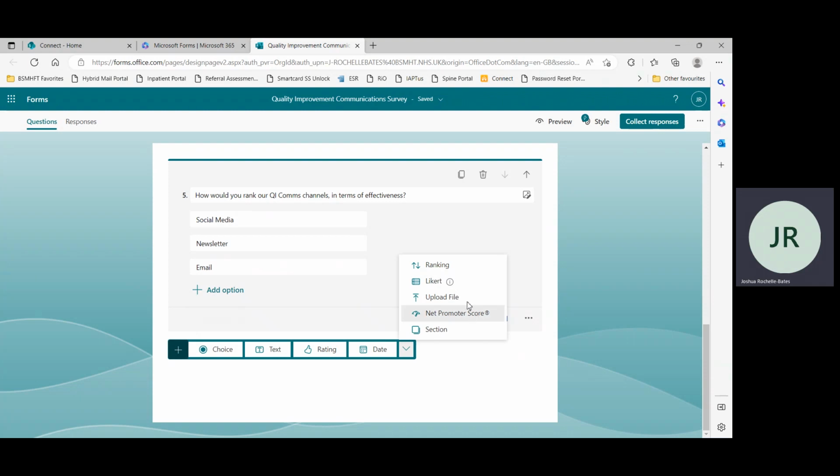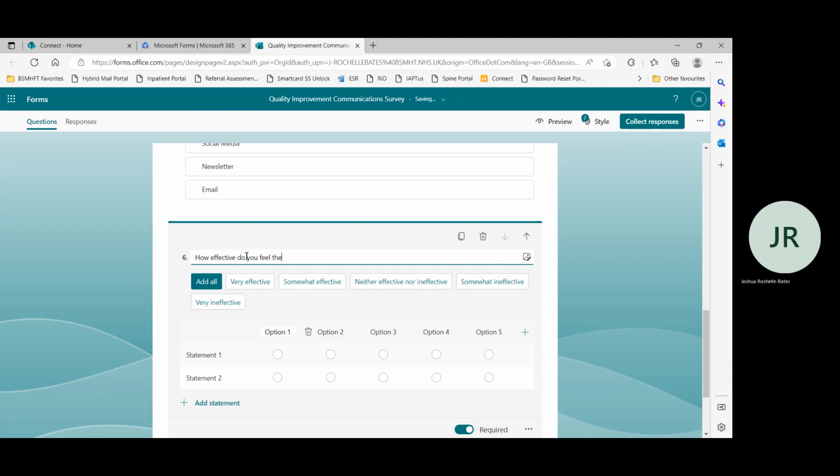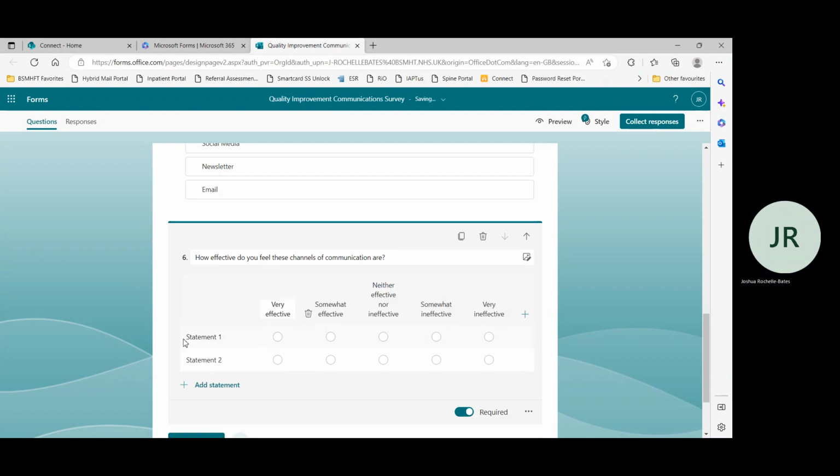You can also do Likert scale. Yeah, so let's say, for example, we could put, how effective do you feel these channels of communication are? And what's pretty fun here is that you can get some suggestions of what could go into these options. So let's do that. We could put